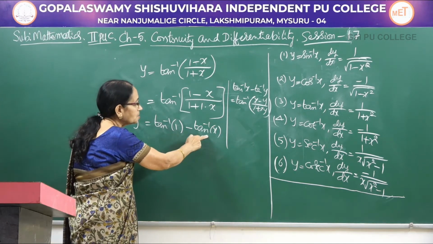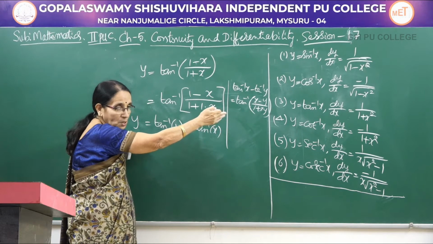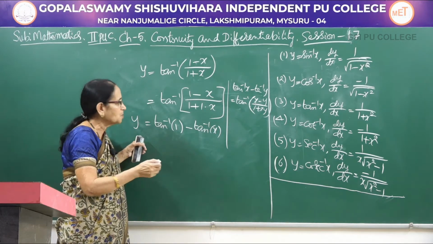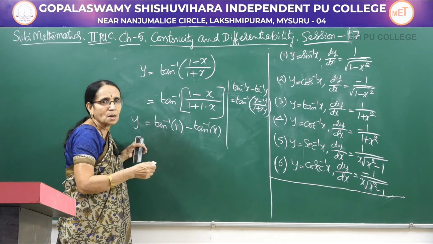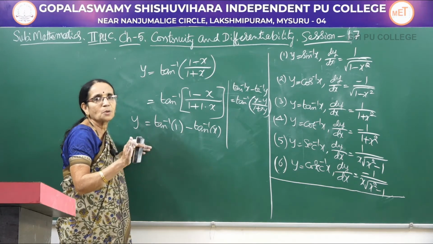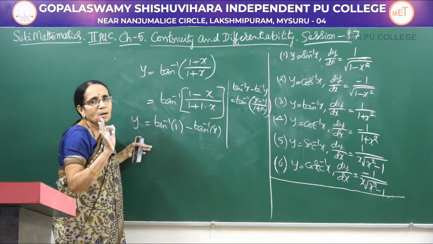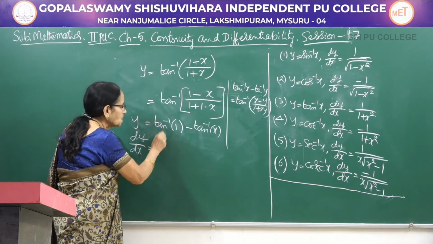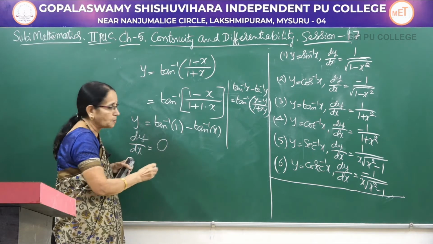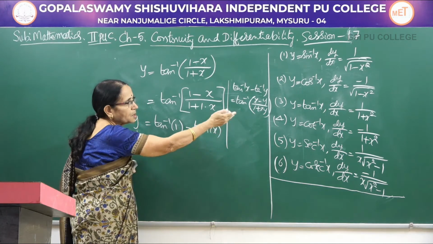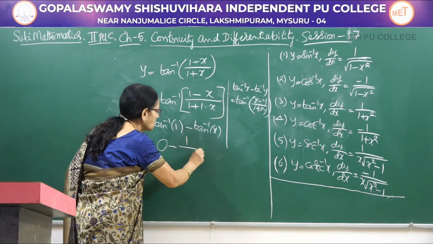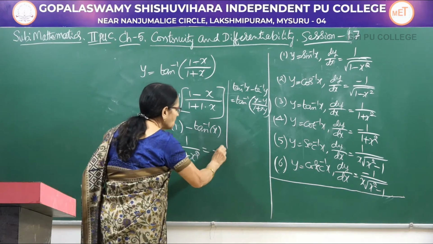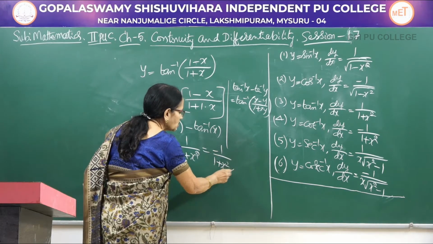Look here, this is a basic function. For the formula I have written already, and tan inverse 1, what is that actually? Pi by 4. Tan inverse of any number, any inverse trigonometric function gives us an angle. That means it is a constant. Therefore, when you differentiate, dy by dx for this one is 0 minus derivative of tan inverse x. The standard formula is already there, 1 over 1 plus x square. So, the answer is minus 1 over 1 plus x square.